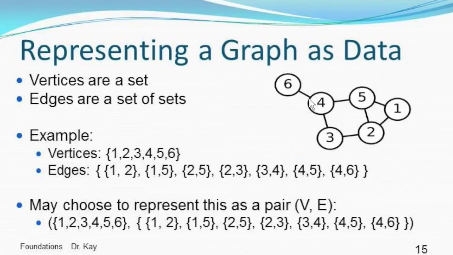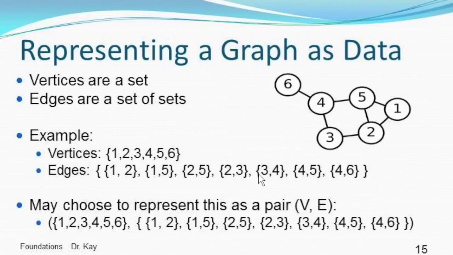Well, since this is an undirected graph, we could say that there's an edge from 1 to 2 or from 2 to 1. So we'll just represent this edge 1, 2 as the set containing the elements 1 and 2. And so you can see here is a set containing a bunch of sets. And each of those sets contained in here has exactly 2 elements, and that's because it's representing an edge